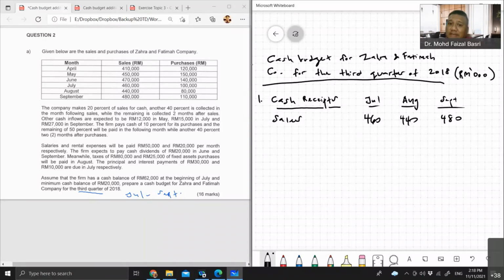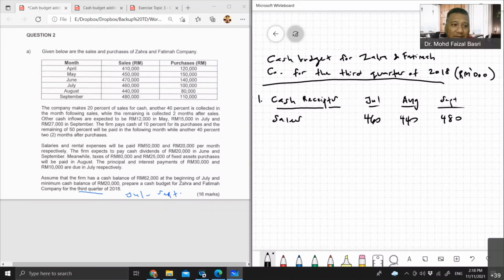So what does it mean? Even though the sales happen in July, 460,000, we know for sure this 460,000 will not be received everything in July. Okay, there are some parts we may receive in July, but there are other parts you might receive in August or even September or even October. So therefore, you need to check the assumptions. So there is no formula, you don't have to memorize. Every question will have different assumptions. So for this question, Zahra and Fatima,